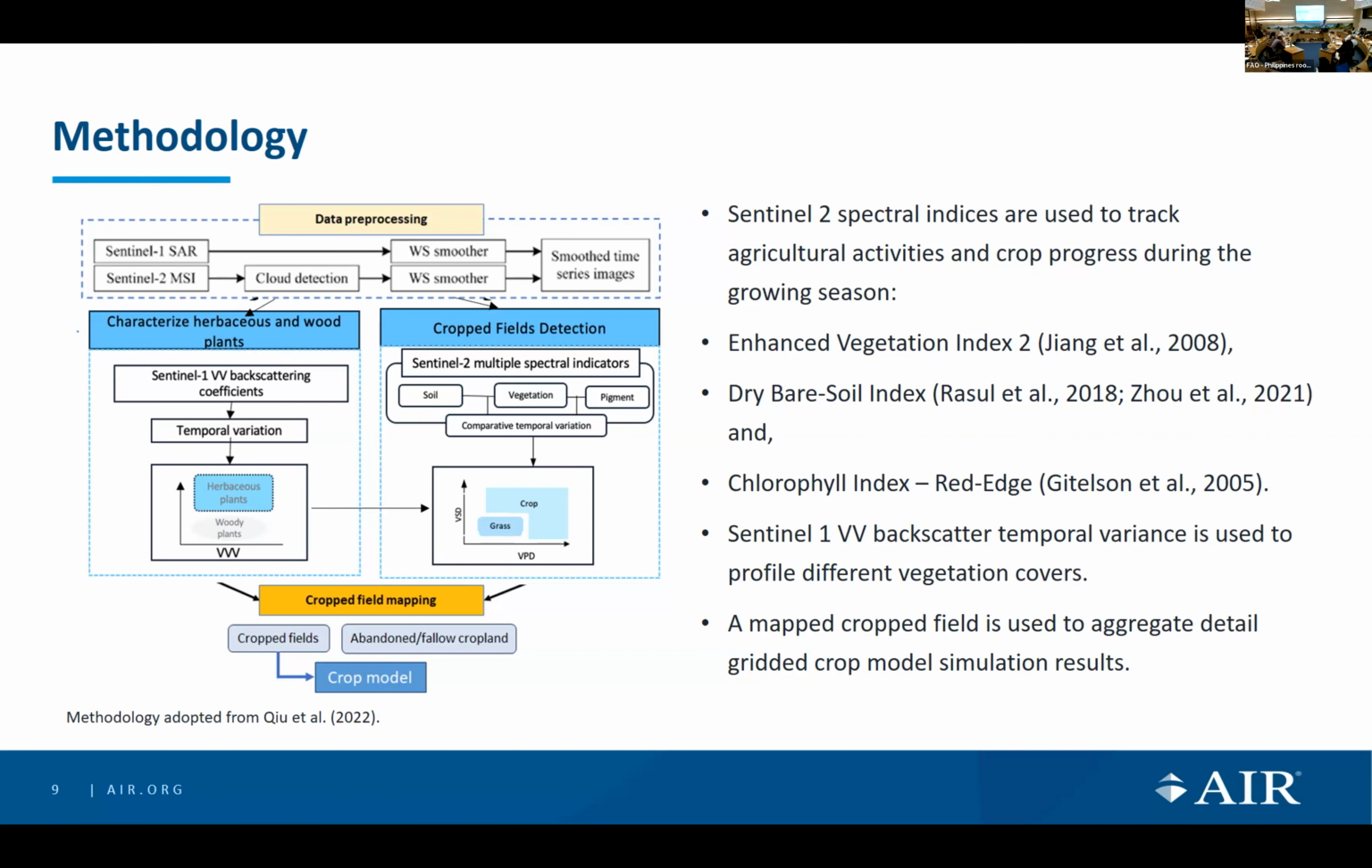With each of these indices, we are aiming to identify the difference between different kinds of land. For example, we want to see if we can identify the difference between crop and grass, because if we look at only NDVI, in some cases there might be land that's been abandoned but grass is growing on it, and it would be hard to distinguish between crop and grass. So there are going to be three indices that we're looking at and using in our model, and then, as I said, we're going to map the crop field and use it in the gridded crop model simulation that's going to